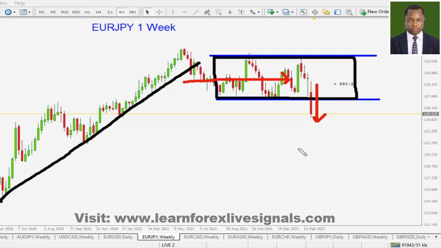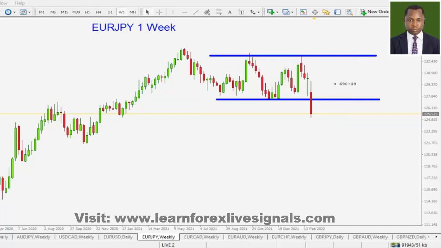Again, for us, we do not have any valid entry at this point, but at any rate we have the hint of the directional bias of price looking at that breakout to the downside, except if it fakes, if it gives us a fake breakout by coming back up into that range. But for now, we are looking for short opportunities in the euro against the Japanese yen. This breakout is a good hint that the market is now showing some clear directional biases, and so we should be thinking of jumping back on board to trade some of these pairs.